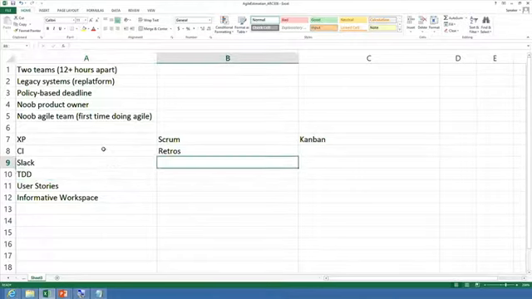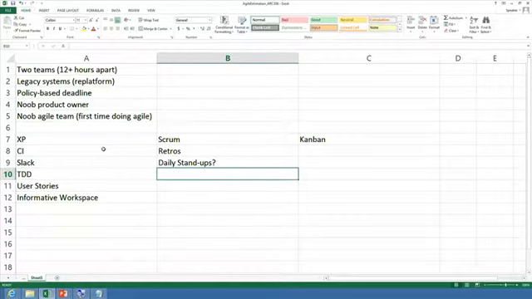Right? Anything else from Scrum besides retrospectives? Daily stand-ups? Even with the 12-hour time zone difference? So you're okay with doing a daily stand-up at 6 in the morning, 9 in the morning, which is 9 p.m. in London? So I have yeses and nos. How about this? Put daily stand-up with a question mark, because we haven't solved that yet, because we could do a show of hands. Yep. Anything else from Scrum?